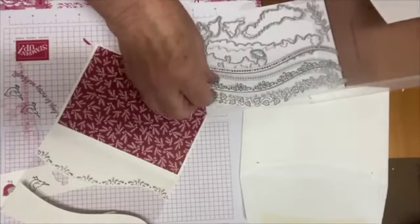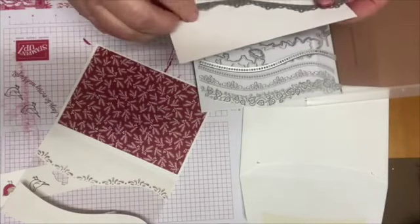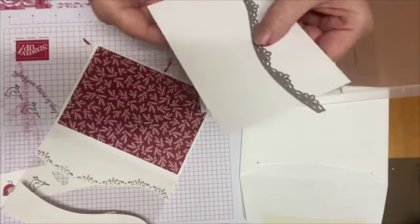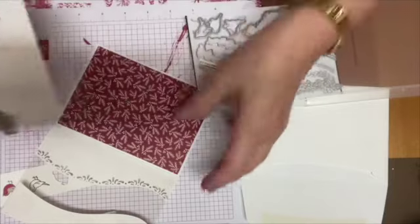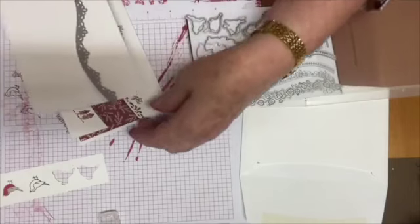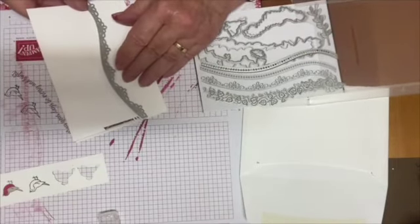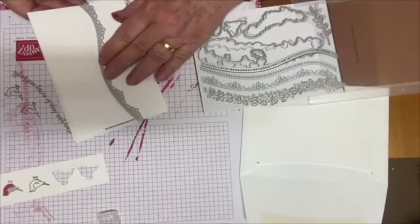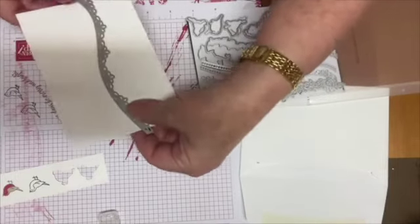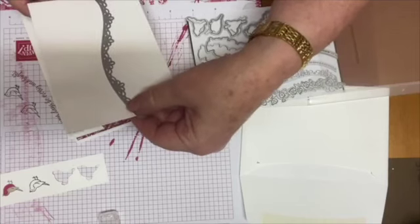I cut, and I think we may as well have some pretty... now where did we have that? We want the decoration towards the top of the card, don't we? So if I go about, as long as I go further down, it won't matter. If I go like that, I can always trim it off. I just want to have the curve in the right direction. Are you with me? So if I did that,